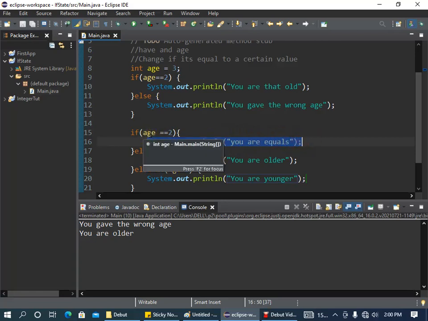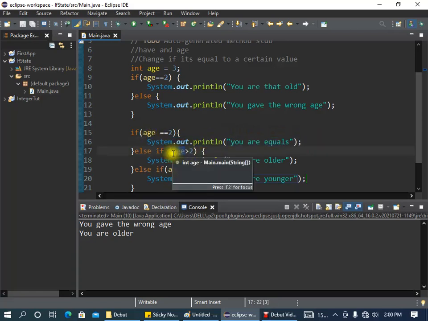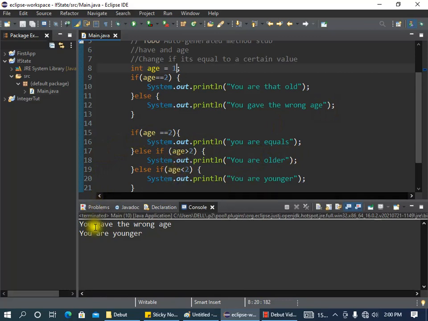Now 3 is greater than 2, meaning that I'm older than that. So if my age was 1 and I execute that again, it would say you gave the wrong age, and then that you are younger than that,